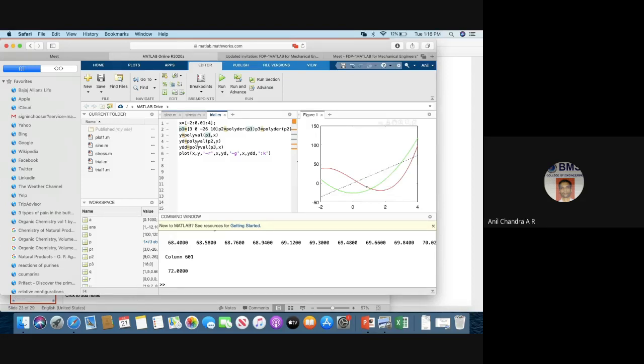I have physically written the y first derivative, second derivative. That I have done using polyval. Polyder here, polyder, right? So you can try it out by yourself and see what plots you get.